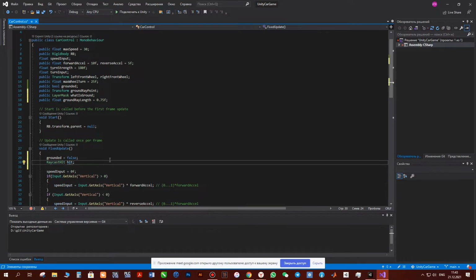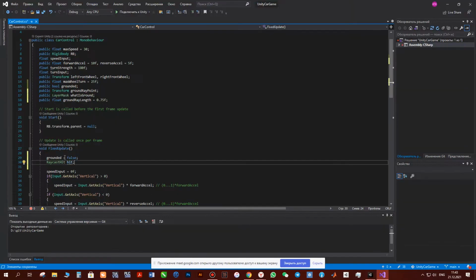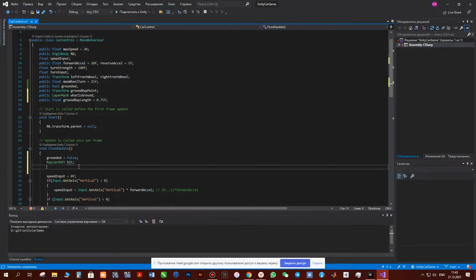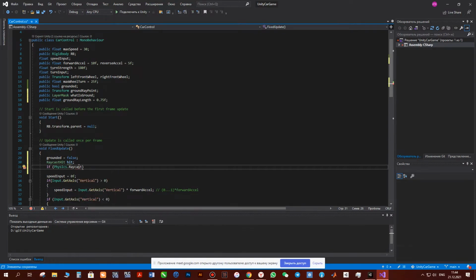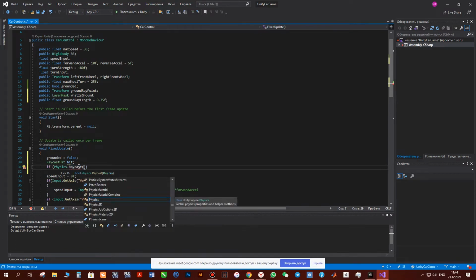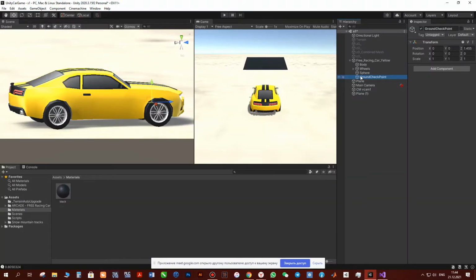Here we will store the result of the detection, and next the condition itself. If Physics.Raycast, groundRayPoint, it's from where we go, from this point,